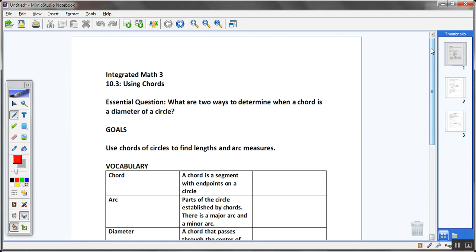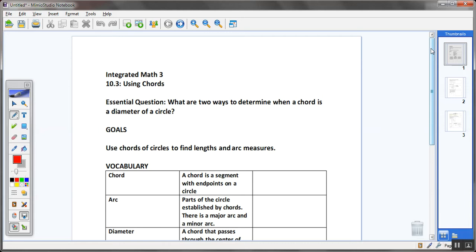Diameter. So we're going to start looking at properties of chords today, kids. Our essential question: what are 2 ways to determine when a chord is a diameter? We're going to talk about how I know that this is a diameter and how it comes about. There are 2 reasons for that today, okay? All right. Goals. Actually, there's only one goal that we really need to accomplish today to answer that